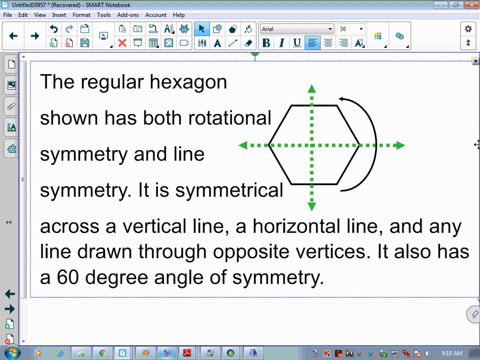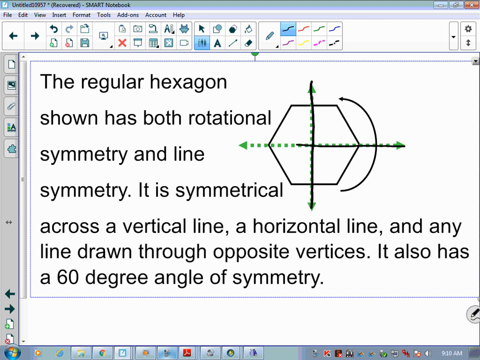Here's a regular hexagon. Not only does it have line symmetry, but it has rotational symmetry. It's symmetrical across a vertical line, a horizontal line, and any line drawn through opposite vertices. So it has 60 degrees of angle symmetry. So we're seeing this line here that goes from side to side. We're seeing this line here that goes from vertex to vertex. So there's two lines of symmetry. We would also have this line. Okay, so we're up to 3,